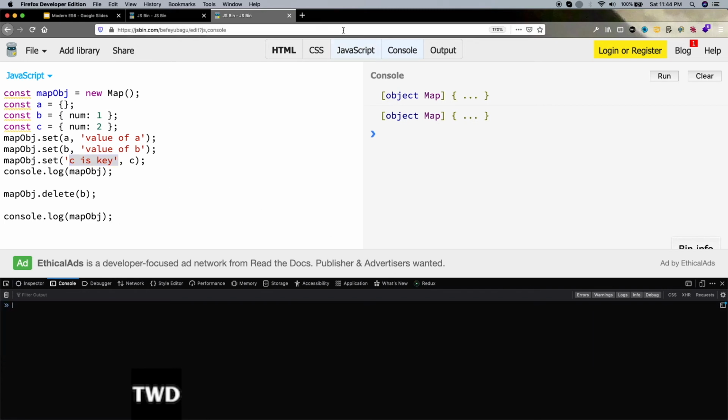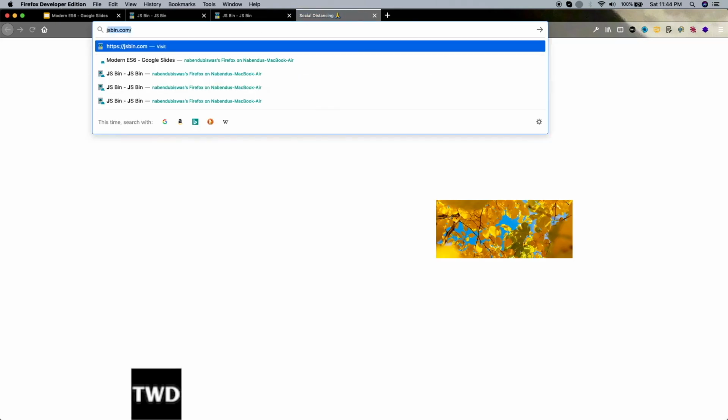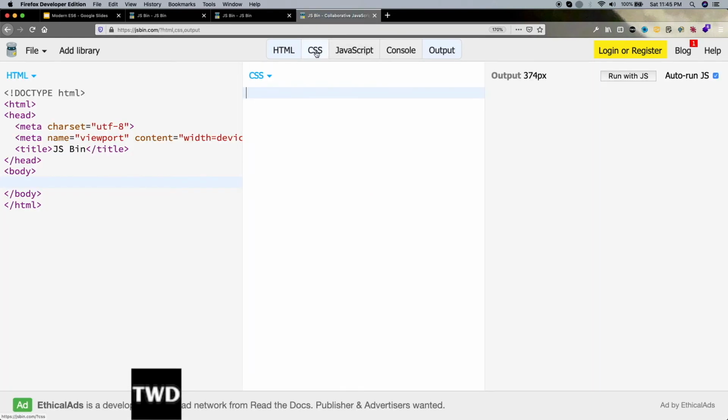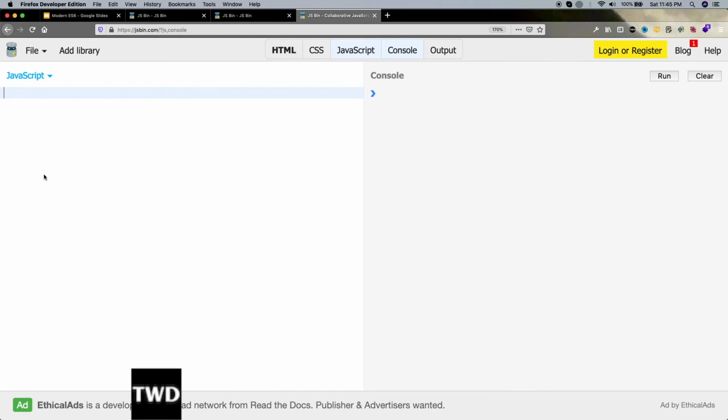So let me do one thing: open another JSFiddle, and open the JavaScript console. I'll open output, and this I don't want. Now we'll look into map, but for that let us look into both of them.